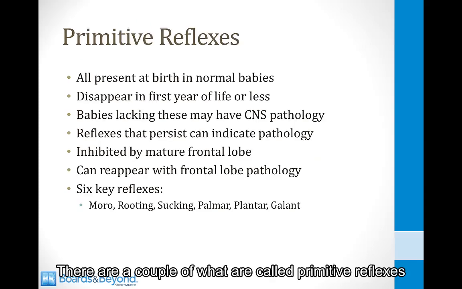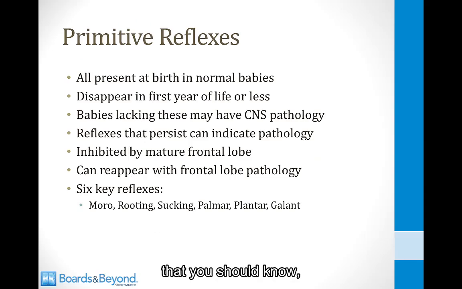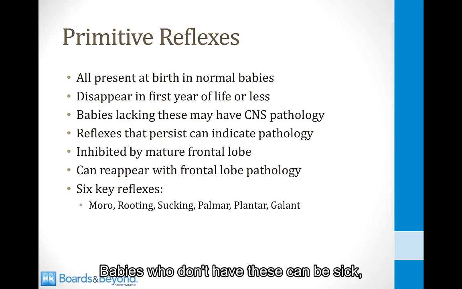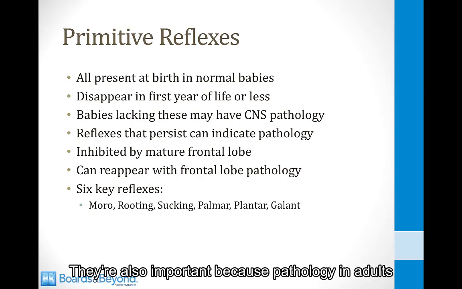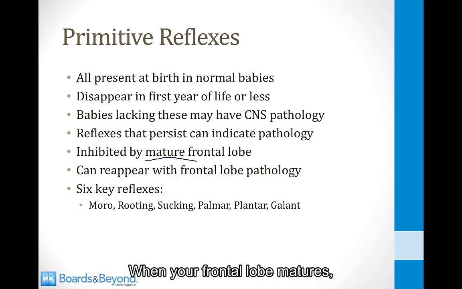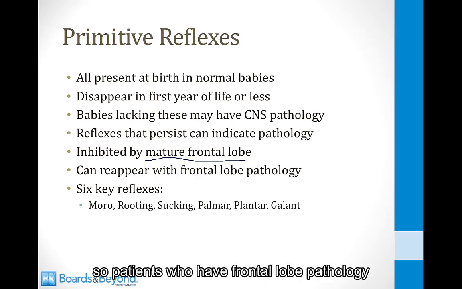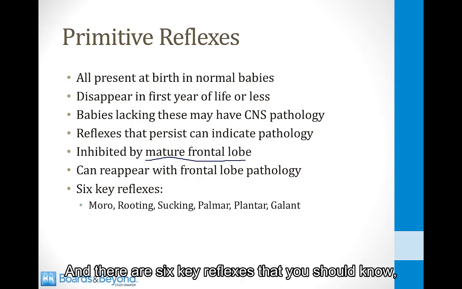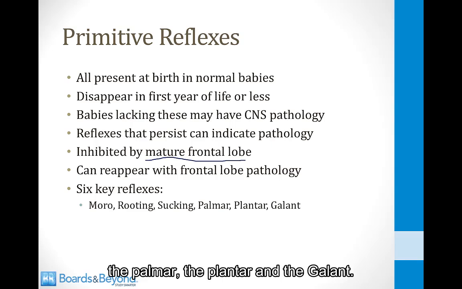There are a couple of what are called primitive reflexes that you should know. These are reflexes that are all present at birth in normal babies, but they go away within a year. Babies who don't have these can be sick, so that's why they're important. They're also important because pathology in adults can cause a reemergence of these reflexes. When your frontal lobe matures, it makes these reflexes go away. So patients who have frontal lobe pathology will see a reemergence of their primitive reflexes. And there are 6 key reflexes that you should know: the Moro, the rooting, the sucking, the palmar, the plantar,